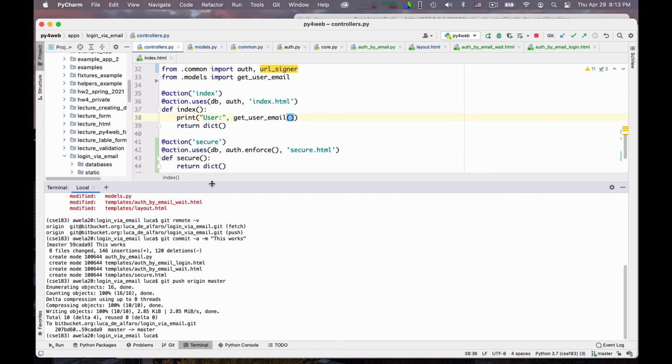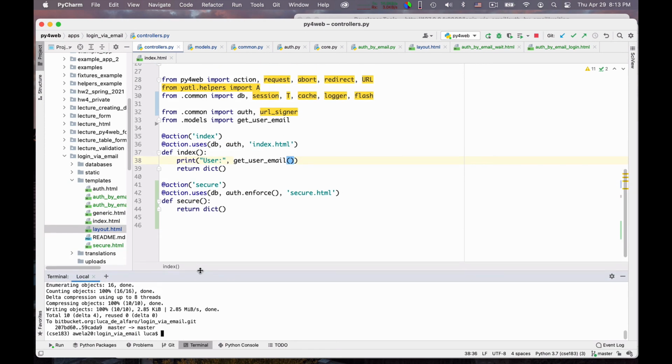This is a beautiful way to log in, just typing your email in a form and getting a confirmation email and clicking on it. No password that needs to be remembered ever. This is nice. Maybe I should ask the Py4Web community if they would like to adopt it as one of the various options of auth.